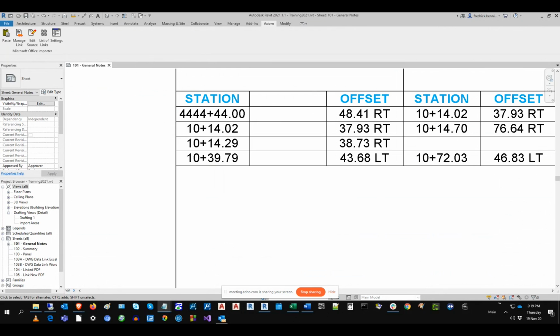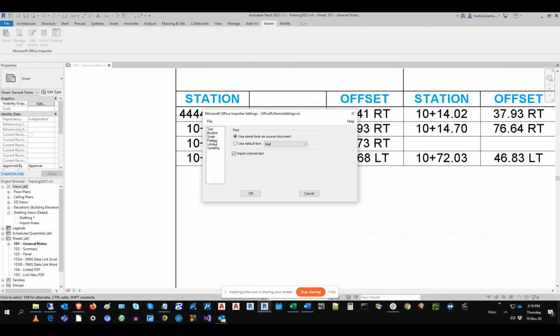And there's another thing I'm going to show you related to that, which will also help, but this is more of a settings thing that you'd have to play with a little bit. So when I go to the last button here, settings, under scale, notice it has width padding and height padding. This controls the blank space around the text in cells, either in Word tables or in Excel. So for example, if I change this to 1.6 in both cases and save my settings, now if I go back,